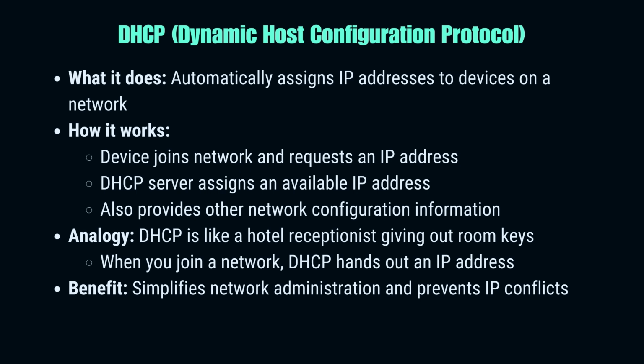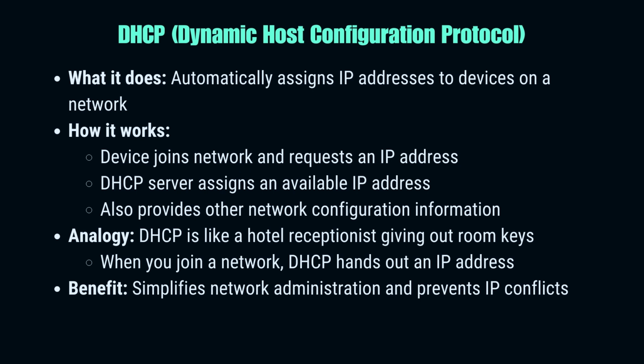Now let's talk about how devices automatically receive their IP addresses when they join a network, thanks to DHCP. DHCP, or Dynamic Host Configuration Protocol, is like a hotel receptionist for your network. When a new device joins the network, DHCP automatically assigns it an IP address, just like how a receptionist hands out room keys to guests. Here's how it works. When your device connects to the network, it sends a request asking for an IP address. The DHCP server receives this request and assigns an available IP address to your device,